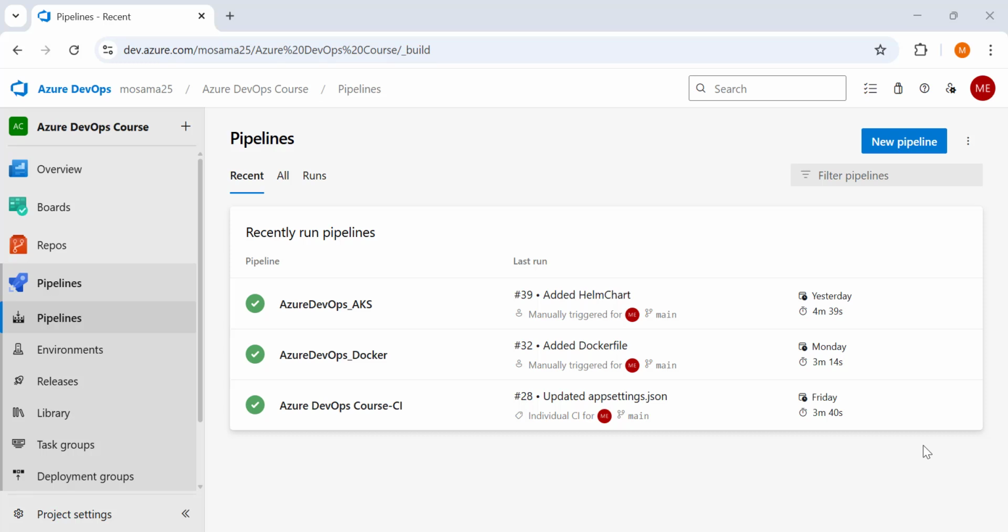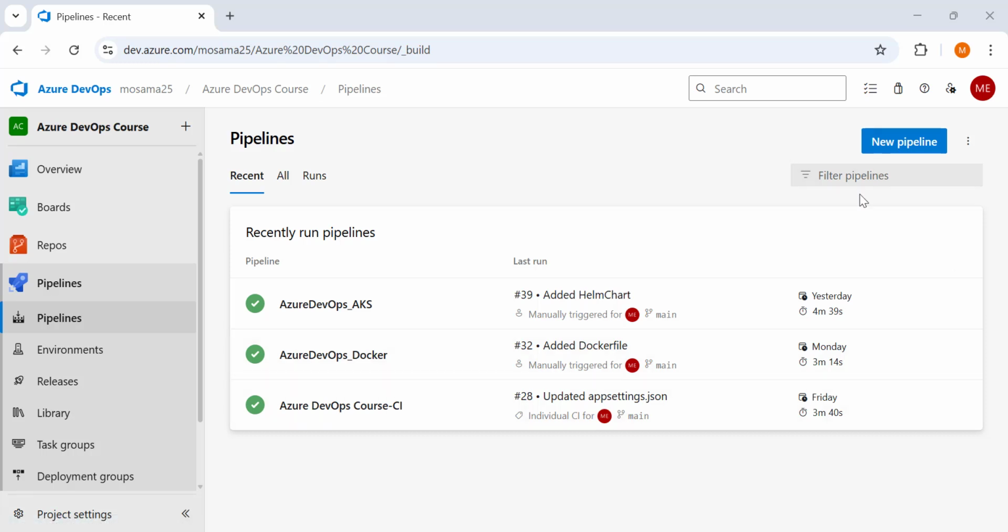In this lesson, we will start making our first YAML pipeline. We will focus on explaining how to make a very basic YAML pipeline and what the elements are that you need in the YAML pipeline.